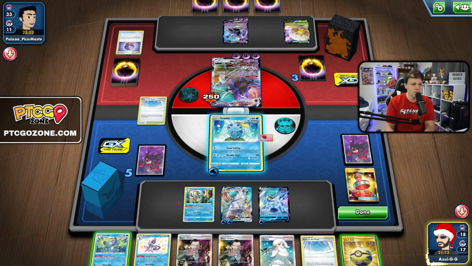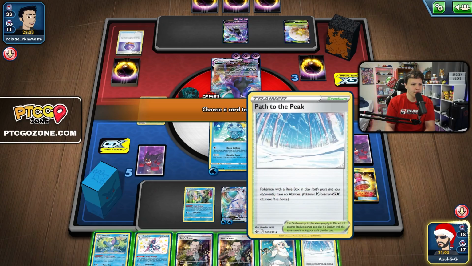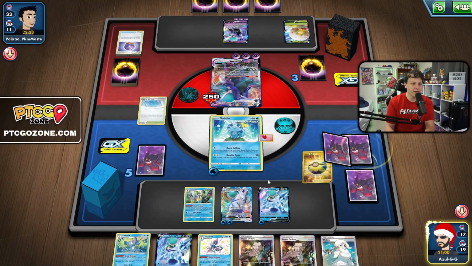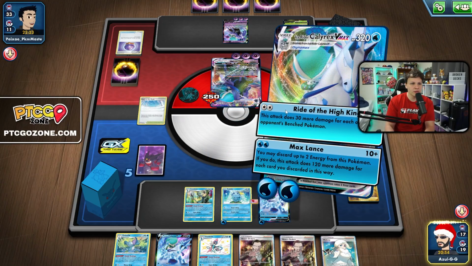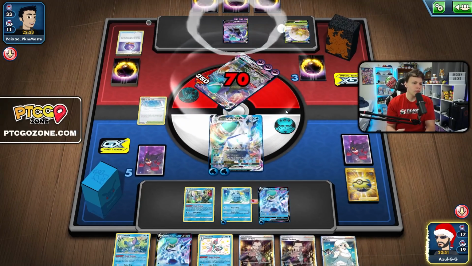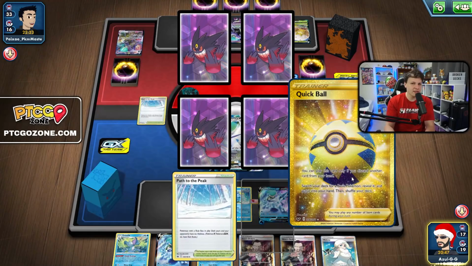Trying to play around house as well. So I think I want to quick ball something away. Probably get rid of the Path to the Peak here. Grab another horse. I'm not going to bench this horse, though. I'm just going to leave it in the hand. And I'm not going to evolve this, like I said, because that way if they stamp me next turn... Oops, I almost clicked the wrong attack there. If they stamp me next turn, if I evolve this to a Drizzile now, if they stamp me, I can't find...